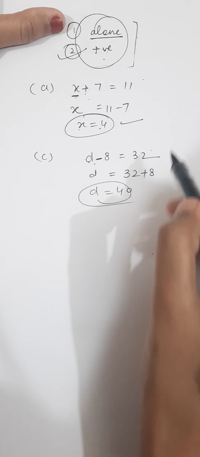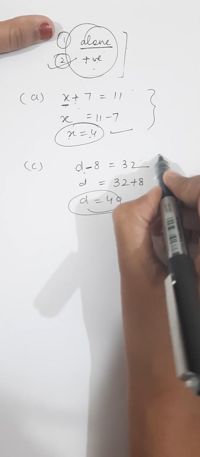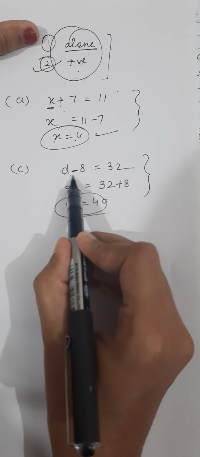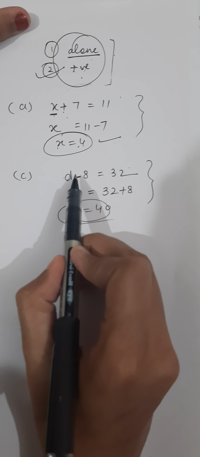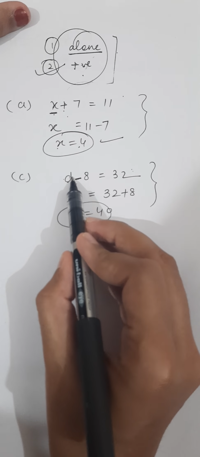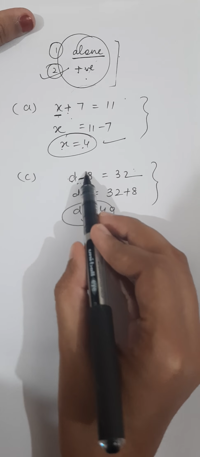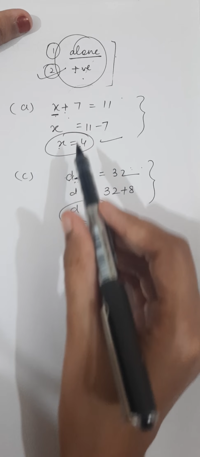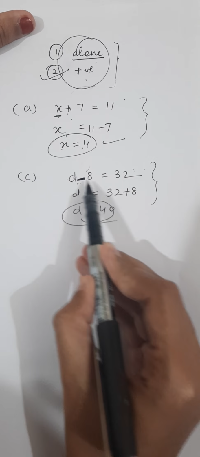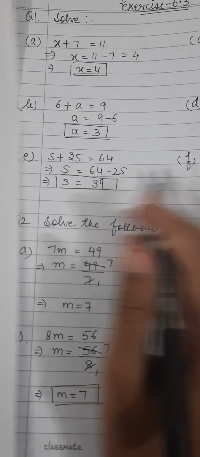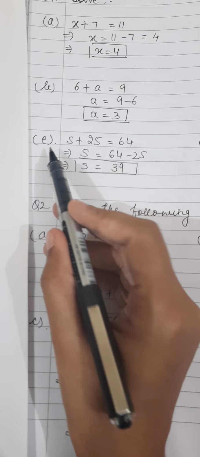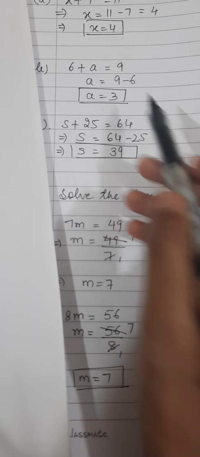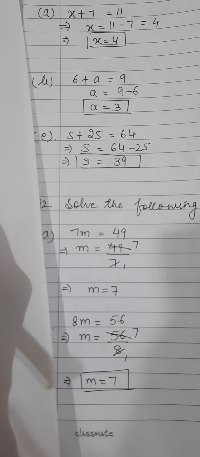Okay, so what we have learnt in these two questions is, whatever is the sign on one side, if I have to change the side, if it is on the left hand side, I have to change it to the right hand side, we are going to change the sign. Plus will change to minus, minus will change to plus. Let's move to the E part, because the rest of the parts you can do by yourself. I will be doing the E part now.